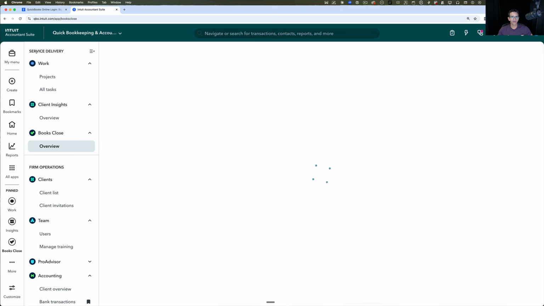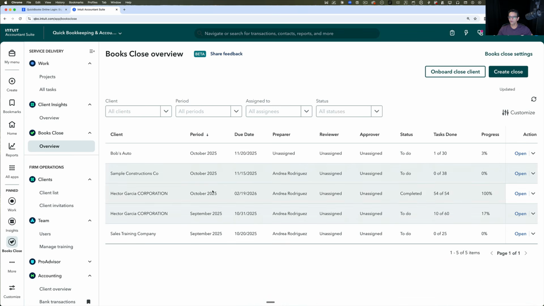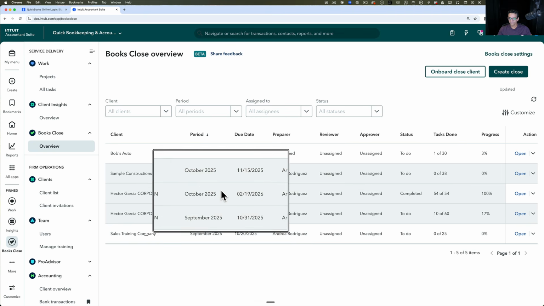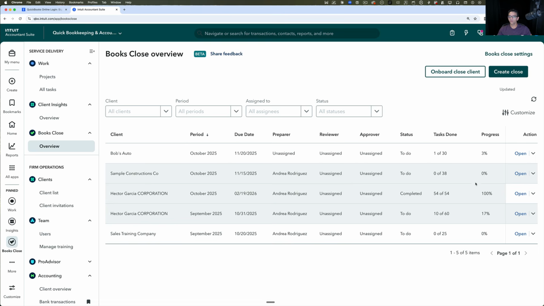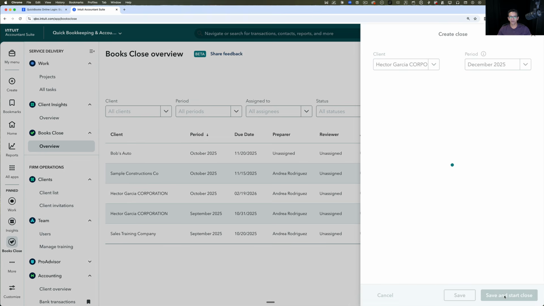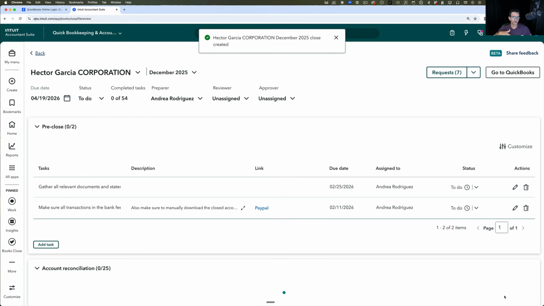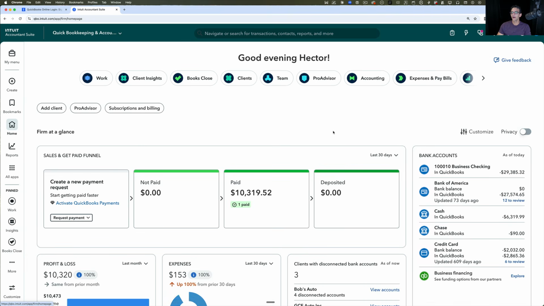Okay, then when you go back to the books close, you should now see that October 2025 has been completely completed, and then you will start a new close for the next month. So you go to create close. I pick my client, go to save and start close, and it will create for the following month. You can pick which month you want to do, and then you start doing your books close for that month. So that's the idea. That's the concept behind all of these different options that you have to